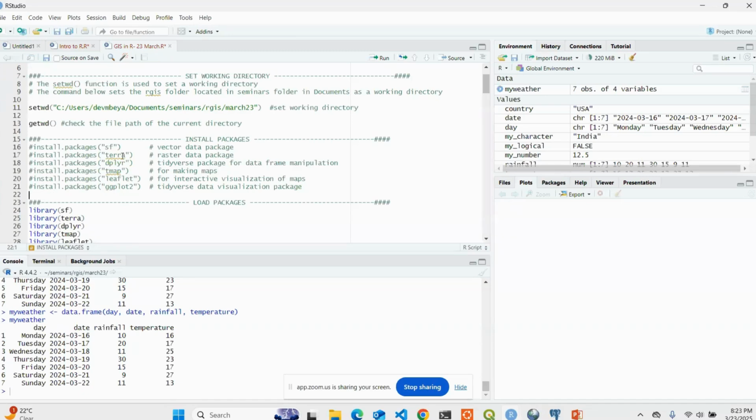Here we are installing 6 packages. The first is sf, the simple features package, used to work with vector data in R. The next is terra, used to work with raster data in R. Then we're